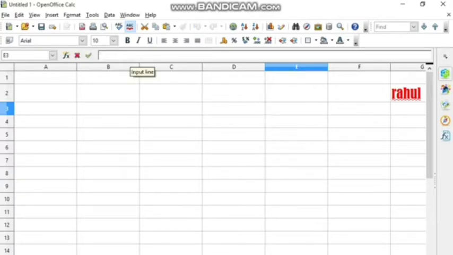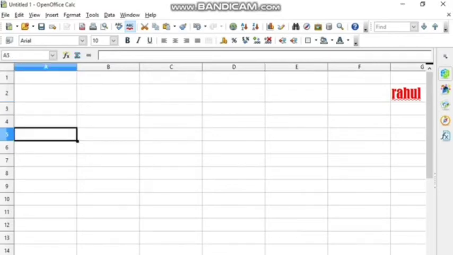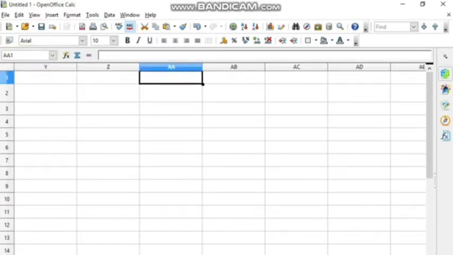Now sometimes it happens that we have to go to a particular cell reference, or maybe we went to some cell reference but I want to go back to the current cell A1. So simply you don't have to scroll up and down here and there. You can simply go to the name box or the cell reference and put the cell reference wherever you want to go, and you will be on that cell. So suppose that you have to go to cell AA1. So you can see that I have written AA1 in the name box and pressed enter. You will be on the AA1 cell.